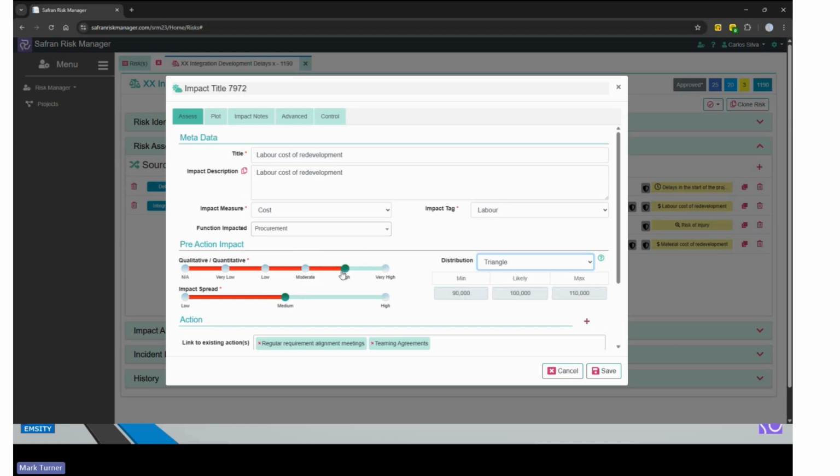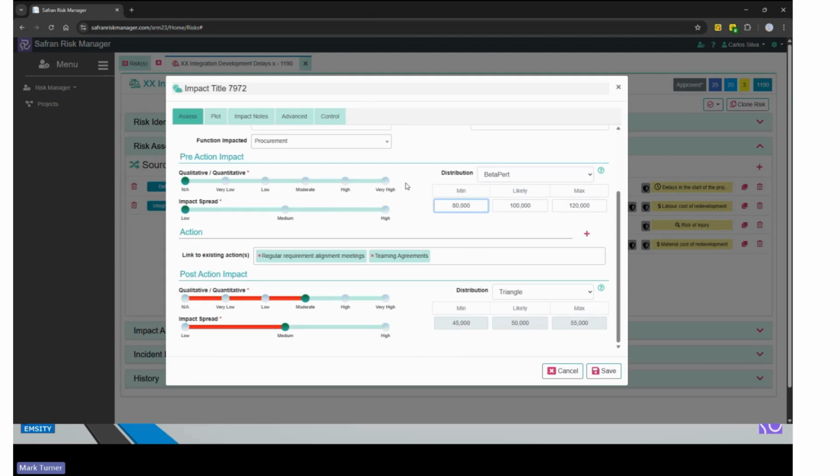However, we do recognize that for both the likelihood and the impact, you might want to be very specific in the quantified value that you wish to use. So it's possible for you to switch off the qualitative, and now you have full access to make changes to the values within the distribution, and even change the distribution so that it's more appropriate to the risk impact you're likely to find. So for example, I might decide I want to put in a beta PERT, and I can quickly just populate the beta PERT there, and now I've also got the ability to make changes to it.